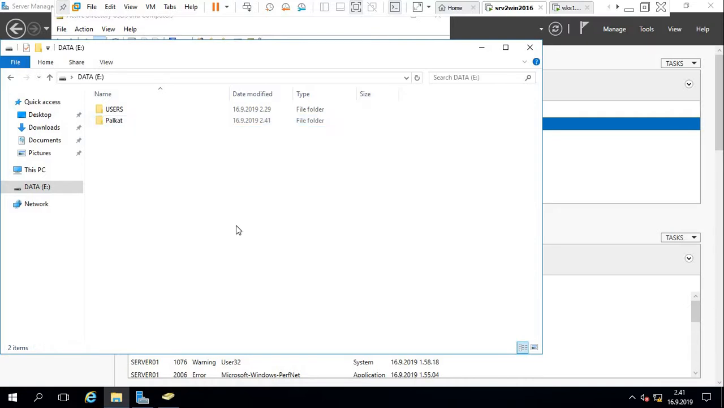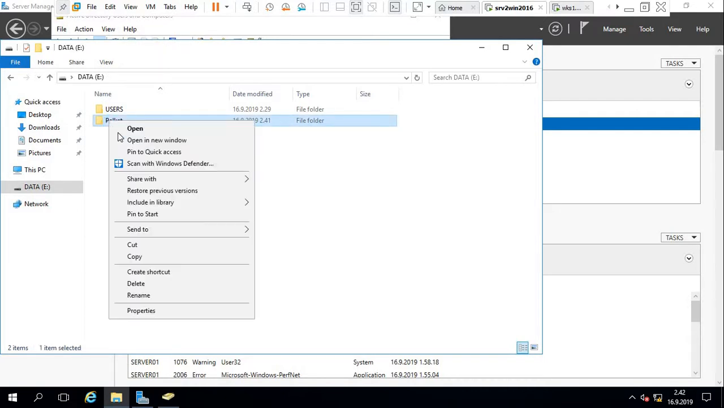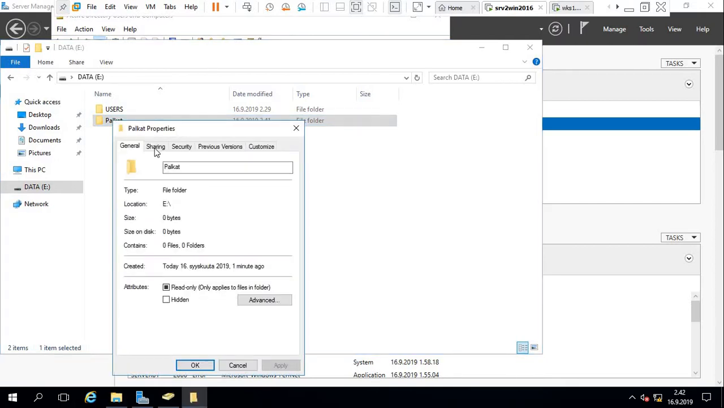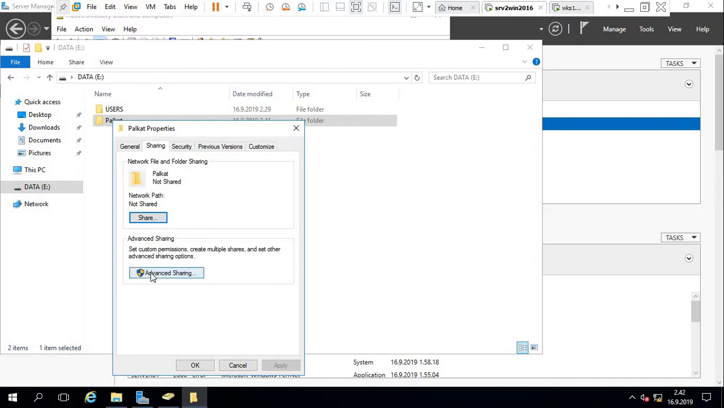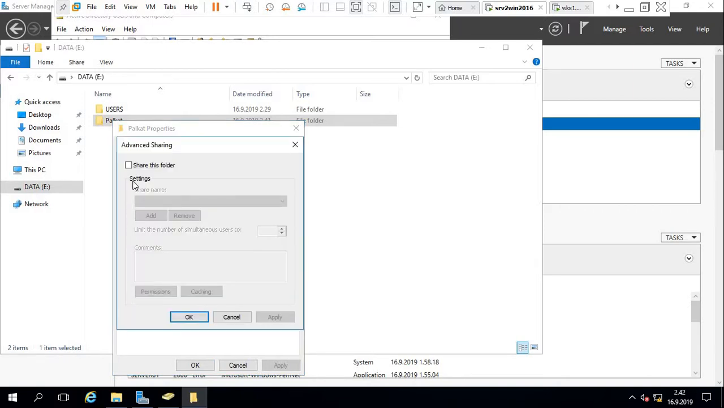Yes, this one, and we want this folder to be shared to all the groups. Let's see how we will do it. We already made this one, and we have to share it the same way as before. How will we share it? Right click and go to the properties, sharing, advanced sharing, as before, and share